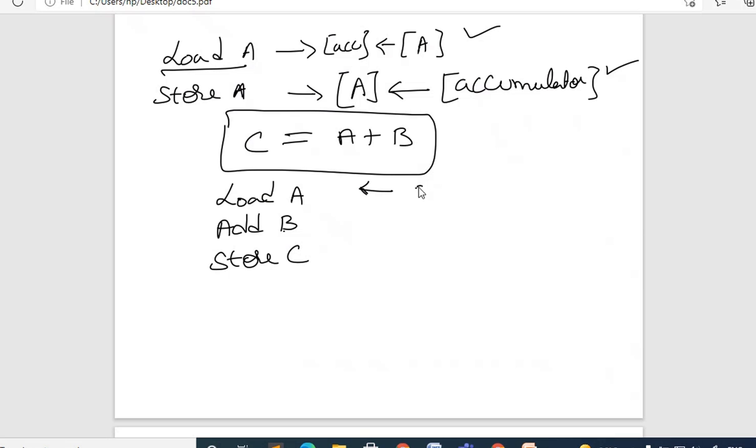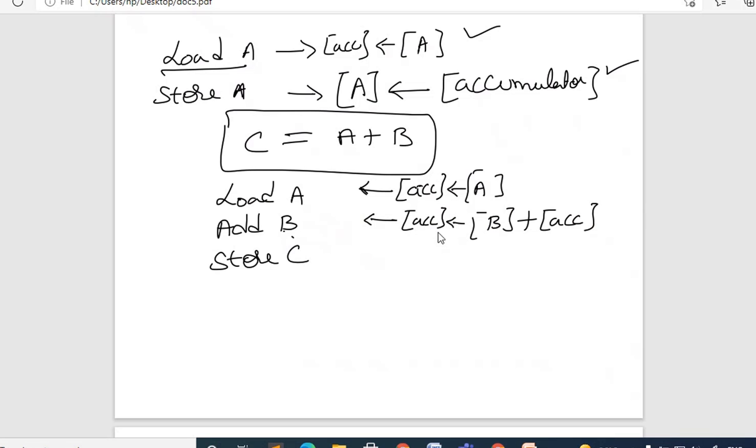Load A: the content of A is loaded into the accumulator. Next, add B: the content of B is added with the content of the accumulator, which is implicit, and the final result is stored back into the accumulator.